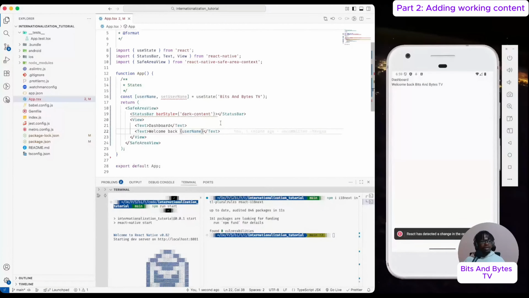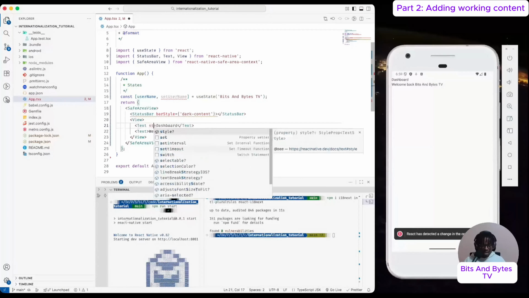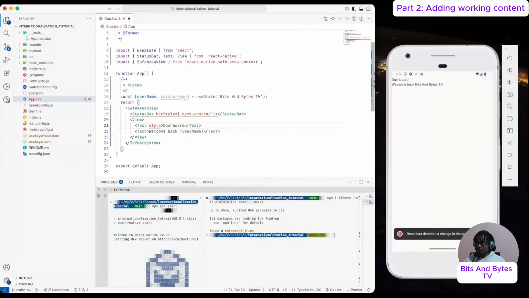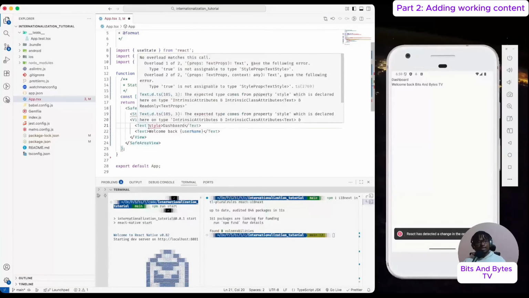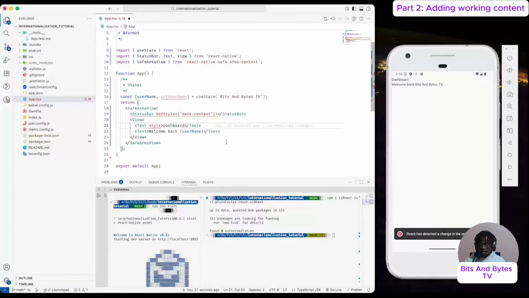So this is the bare minimum of what we want to achieve. We will be using a very simple translation option, and I'll explain how we are going to do that. But before we do that, let's actually style things a bit. Again, bear with me, this is not the best way to style things. You're supposed to create a file, import that file, and then style your content. But for this specific session,